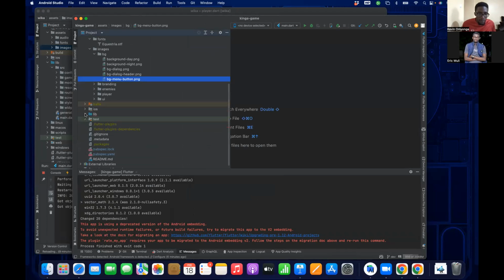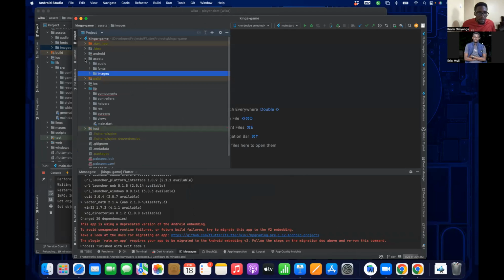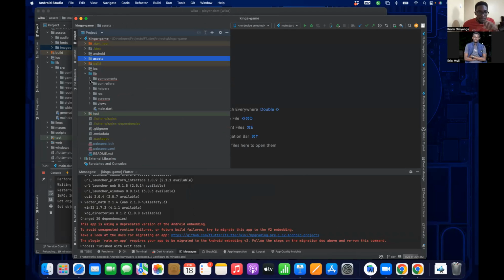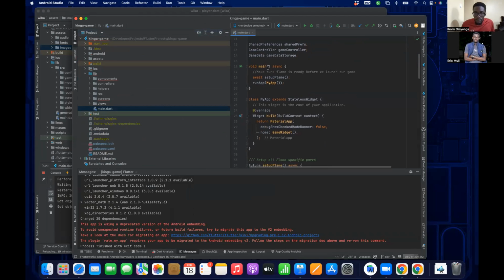Now here is the code. I haven't updated it in a while, so some things are missing, and some things have been updated so they're not really supported. I have the main class. Before, you used to set up Flame, and now you set the game widget.